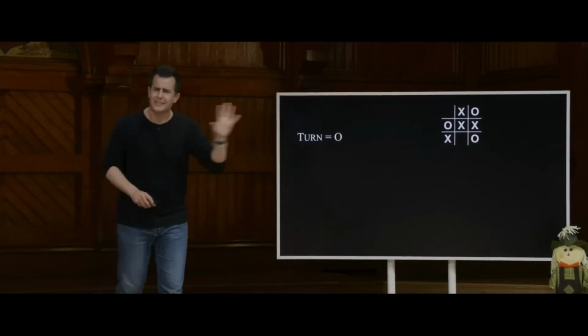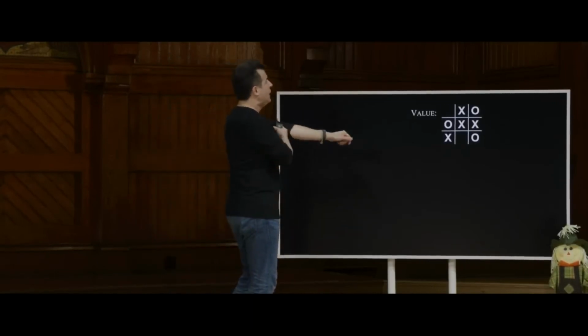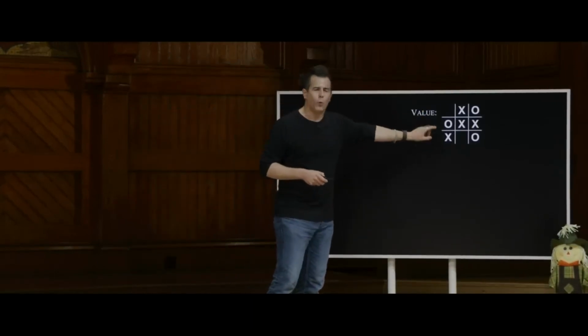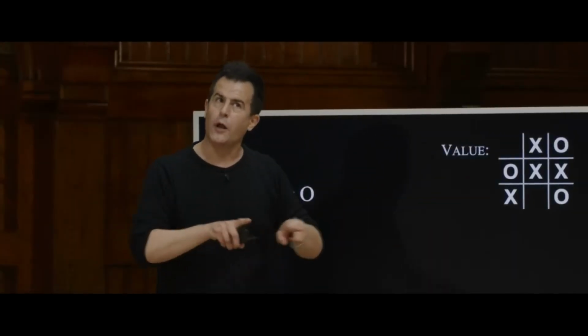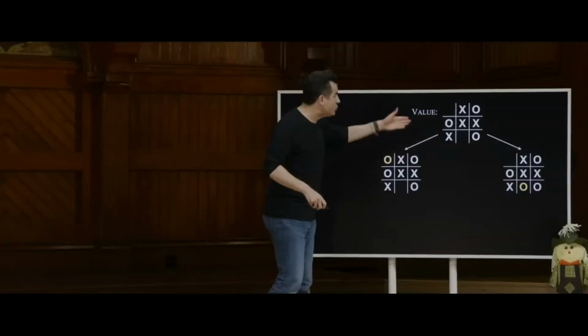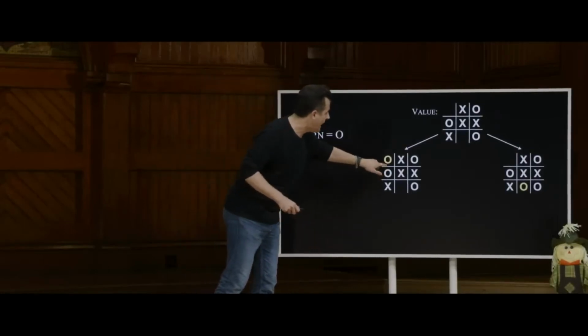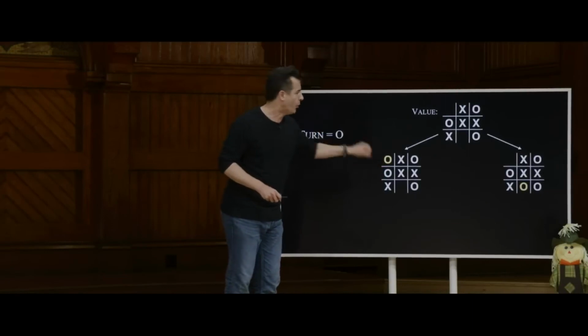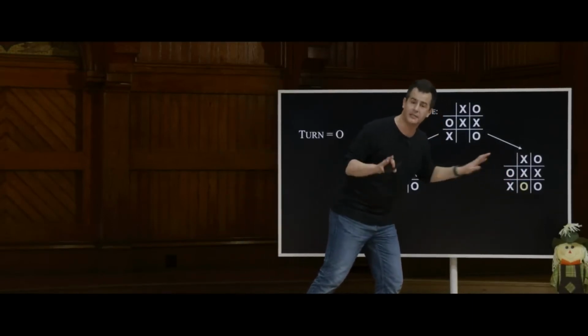Now, everyone probably has an instinct already as to where to go, but let's try to break this down more algorithmically. So what is the value of this board? Well, we don't know yet, because no one has won. So let's consider what could happen next. So we can draw this actually as a tree, as before. Here, for instance, is what might happen if O goes into the top left-hand corner. And here's what might happen if O goes into the bottom middle spot instead.